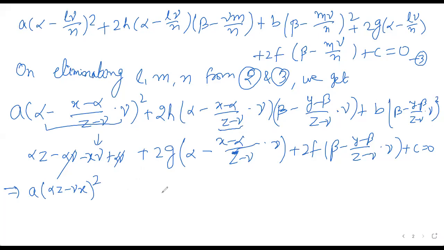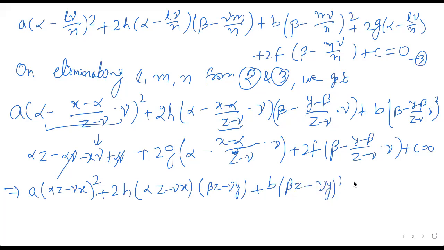in second degree terms. So I am shifting to right hand side. So it will become after solving plus twice h alpha z minus gamma x and beta z minus gamma y. This term will become same. This thing also beta z minus gamma beta and plus gamma beta, beta gamma cancel out. So you have beta z minus gamma y plus b beta z माइनस गामा y होल स्क्वायर।